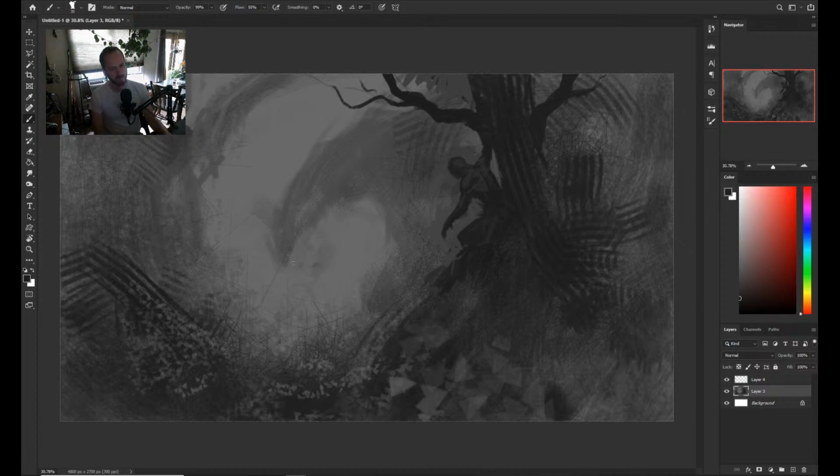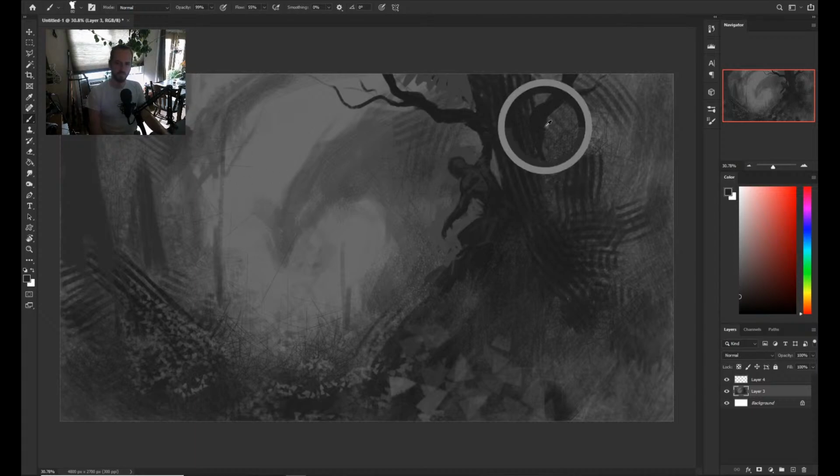Usually it's just something like warm on cool or cool on warm. As long as there's some kind of warm-cool dichotomy, that'll really help to create a nice dramatic effect. So at this point, this is looking like some kind of forest or something like that, and there's a big creature in the background. I don't know if you guys see it yet,